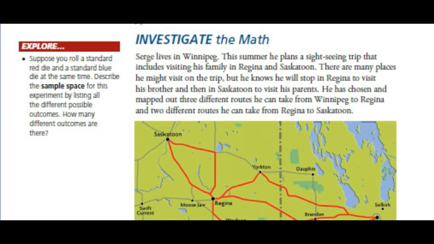So, investigation. Serge lives in Winnipeg. This summer he plans a sightseeing trip that includes visiting his family in Regina. So he's here in Winnipeg, wants to visit family in Regina and Saskatoon. There are many places he might visit on the trip, but he knows he will stop in Regina to visit his brother and then in Saskatoon to visit his parents. He has chosen and mapped out 3 different routes he could take from Winnipeg to Regina, right? So that's shown on the map here, right? You go through Weyburn, go through Brandon, go through Yorkton,